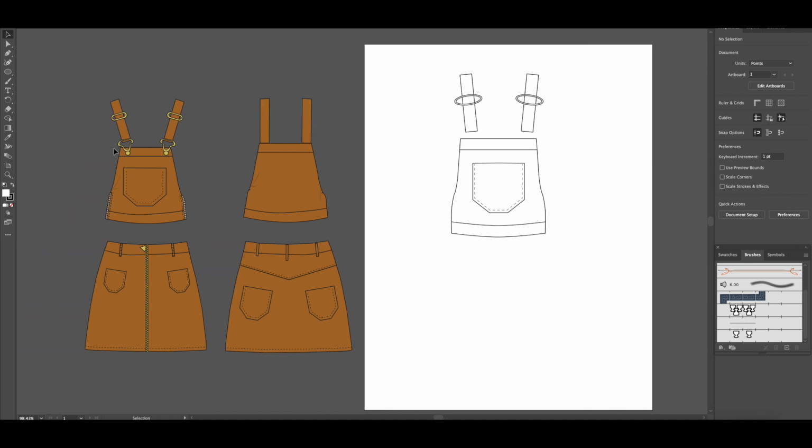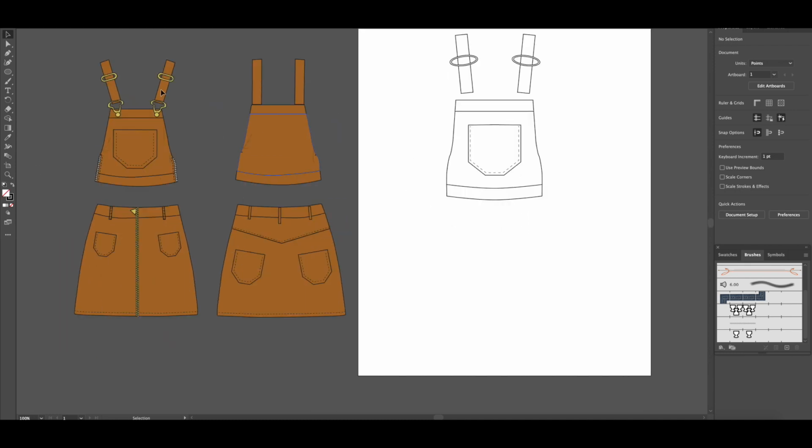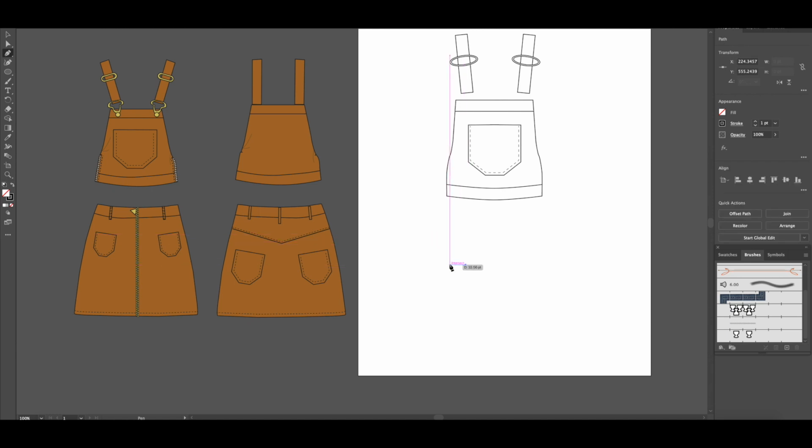Now for this other hardware piece, I believe I hand drew this one, like I did a free draw on that because it's definitely not perfect. So you can free draw this, or I'm trying to think of another way you might be able to do it, an easier way. Okay, so that didn't work out quite how I wanted it to, so let me just free draw it really quick. I think that'll be the easiest way to go. And then I'm going to reflect that